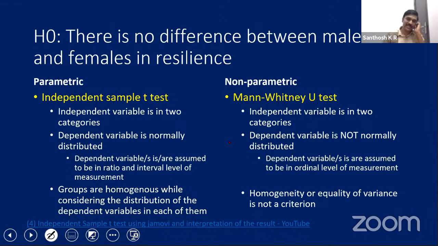One example is the Mann-Whitney test. There are so many other non-parametric statistics which I also am not aware of. Why are we using non-parametric statistics like the Mann-Whitney test? The Mann-Whitney test does not depend on the mean. That's the main reason. The independent sample t-test depends on mean and standard deviation, but the Mann-Whitney test depends on median and quartile deviation. In the case of the Mann-Whitney test, we are ranking the data.